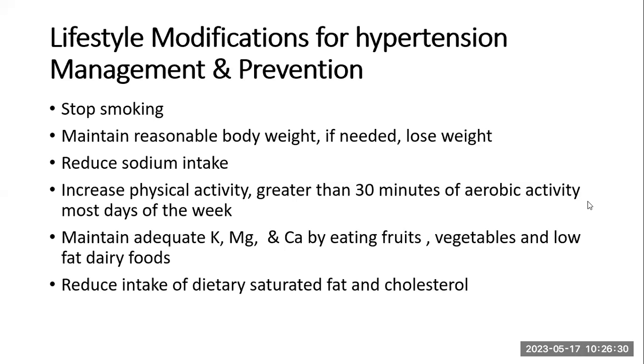And let's remember that sodium intake is not just associated with salt, but many other foods that may have a great amount of sodium in there, like artificial spices and all of that. The reason why we encourage them to have natural spices, which do not have as high an amount of sodium in there. Increasing physical activity greater than 30 minutes most of the days,